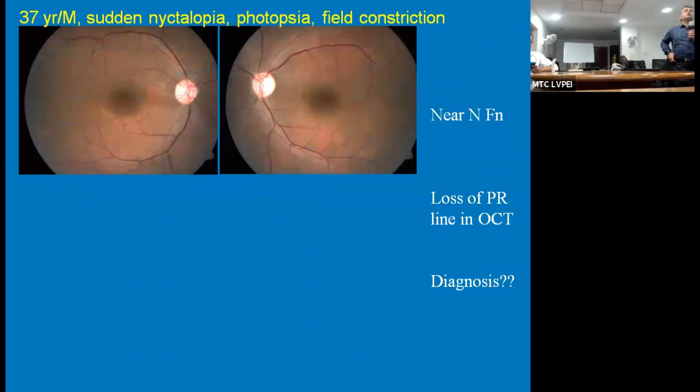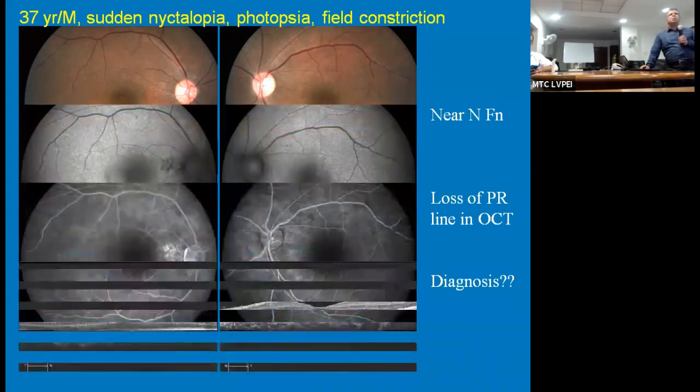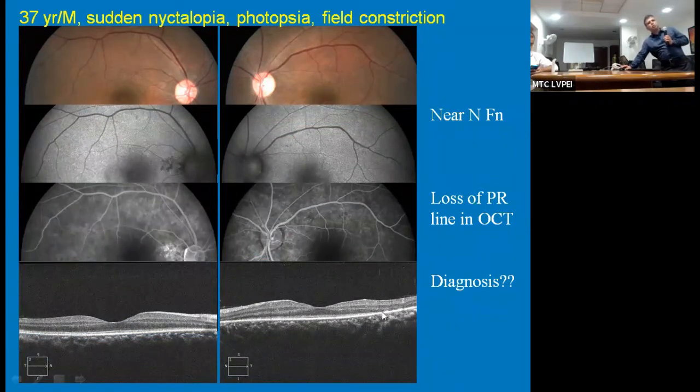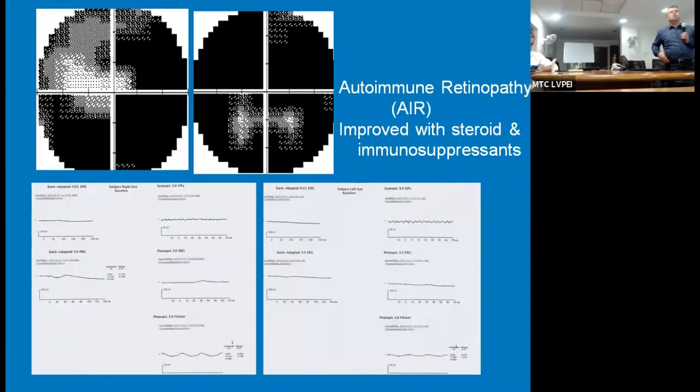A 37-year-old male, sudden nyctalopia, late onset nyctalopia. Previously, everything was fine, and there was gross loss of vision in one eye, associated with photopsia and some amount of photoglare also. All the investigations are normal except a few RPE changes here, and OCT shows photoreceptor loss at the periphery. So what can it be? Is it a late onset RP? But such a sudden onset we never see. So if we do an ERG, we can see the extinguished scotopic responses and grossly reduced photopic responses.